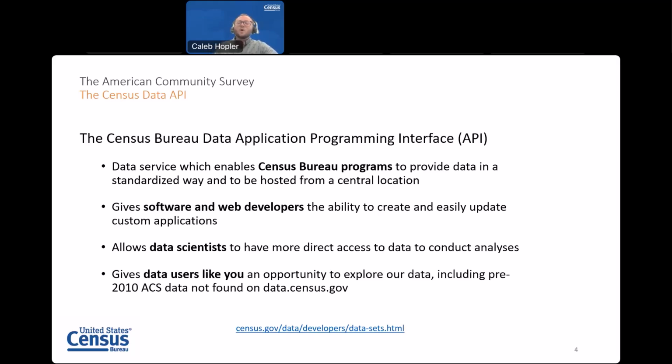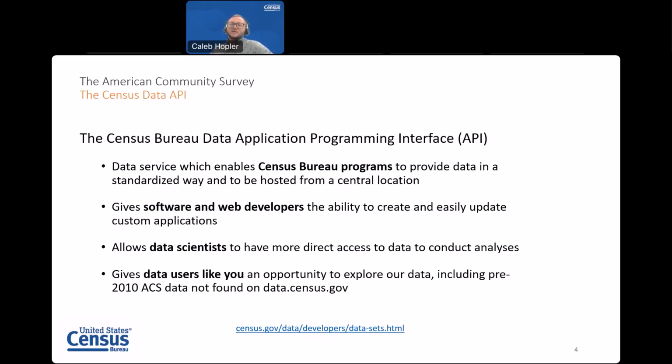So first of all, what is the API? The Census Bureau Data Application Programming Interface, or API, is a data service which enables Census Bureau programs to provide data in a standardized way and to be hosted from a central location. The API gives software and web developers the ability to create and easily update custom applications, and the API also allows data scientists to have more direct access to data to conduct analyses.